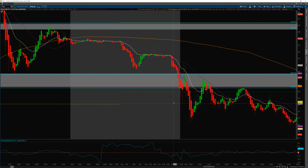There was no reason to get out before that, because there's just no reason. But I did exit, and it was a green trade, and that's what's important. But I didn't capture the full move, and I also didn't stick to my plan. The usual execution should be, if you're in one contract, you get out at first contact. So if that first contact is previous day candle formations, previous lows, previous levels that you see from previous days,